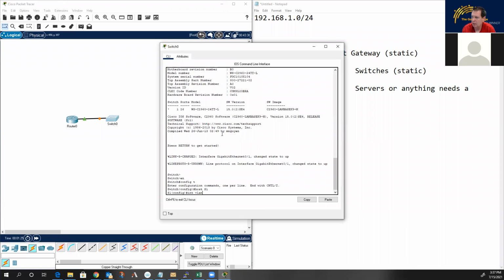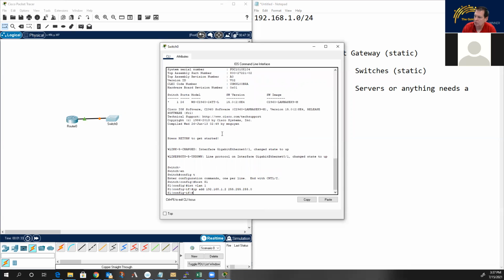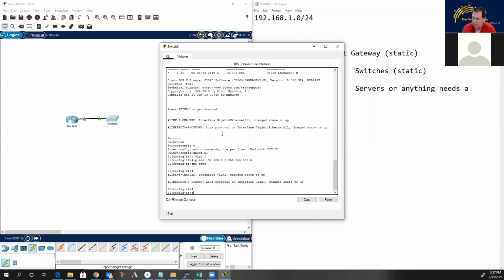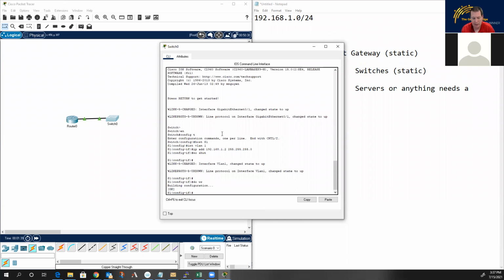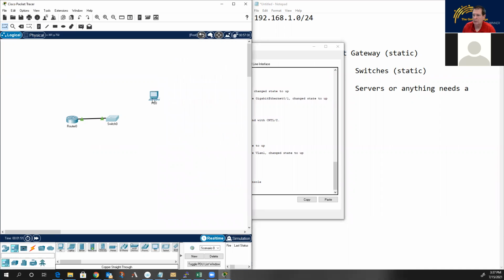And we do int VLAN1, ip add 192.168.1.2 255.255.255.0. And then now we basically do a do write, and of course I would do my entire configuration on the switch. But at this point, we could set up a DHCP server, we could put it on the network, and we could have it start handing out IP addresses to our end devices, to our PCs that are connected to